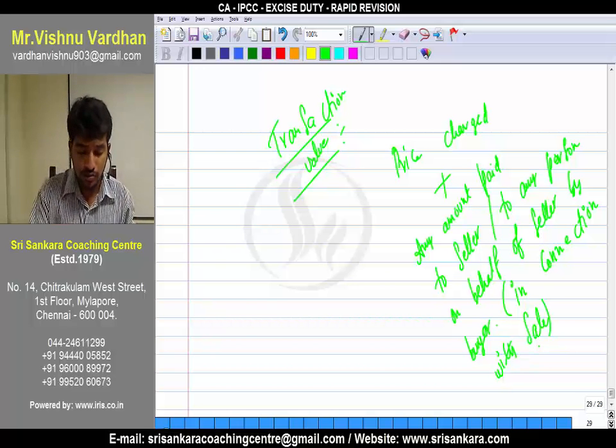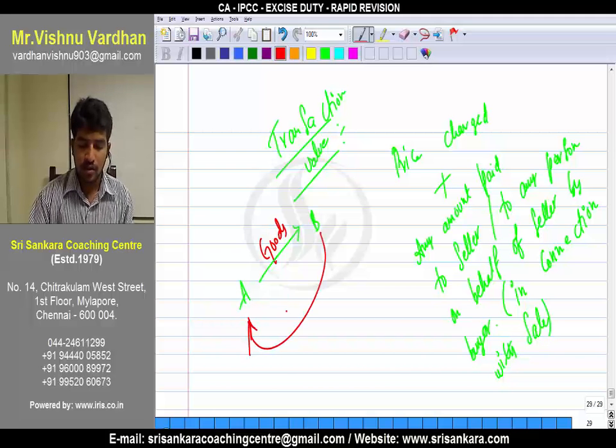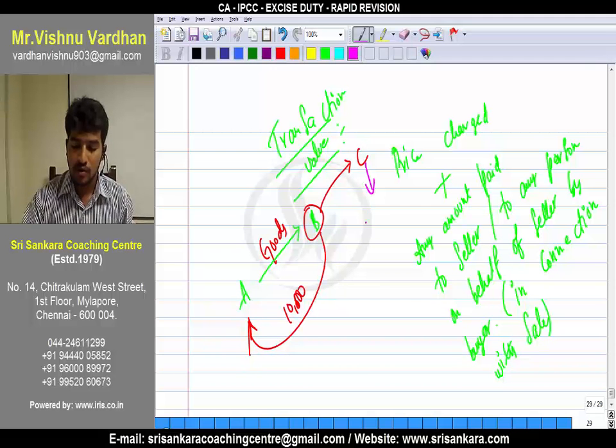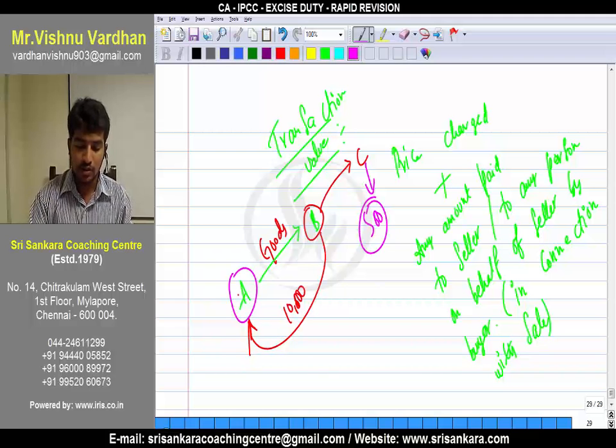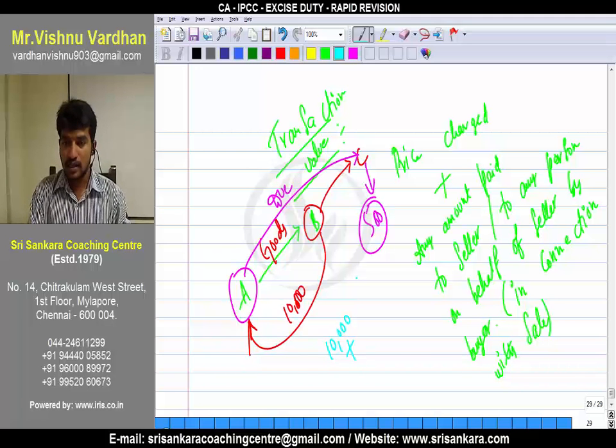Okay, let us assume A is selling goods to B. A is selling goods and B is paying 10,000 rupees to A. Okay, and A also asks B to pay C a sum of 500 which is due by A to C. Due. Clear? So in this case, 10,000 rupees. Clear? B is paying directly to A, the price charged,